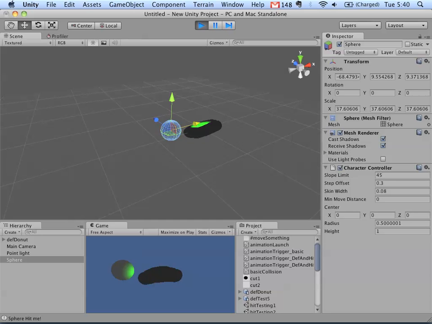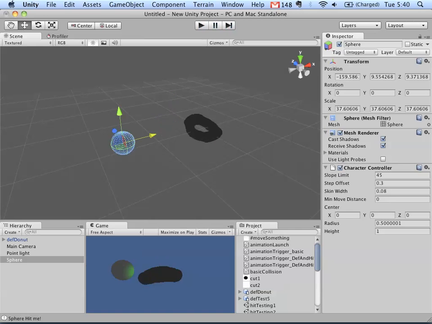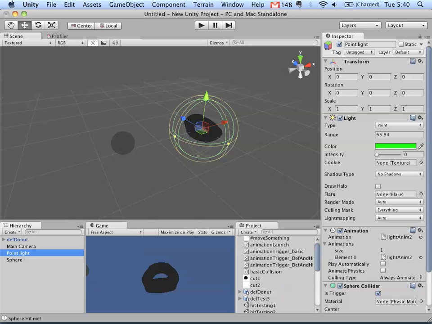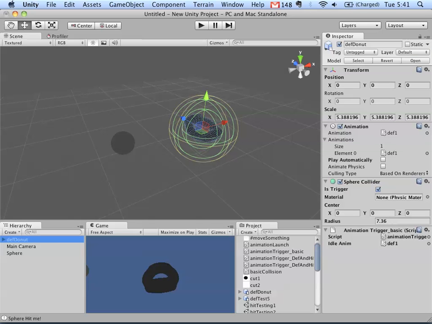Make sense though? So the last little part of this: if you wanted to array a bunch of them, I want to package everything together. So all I'm going to do is go down here to the point light and drag it on top of the object, my donut. So you can see it's now within that group, right? So it's basically adding it to that group so that if I now duplicate it,